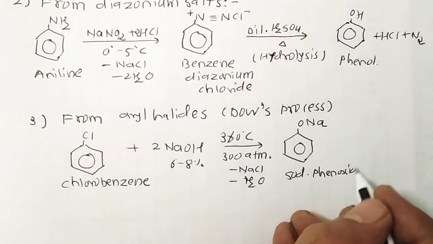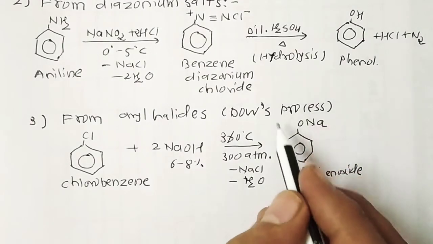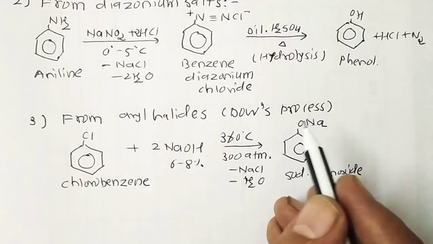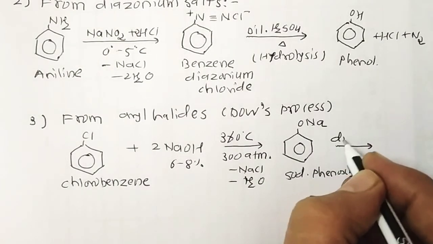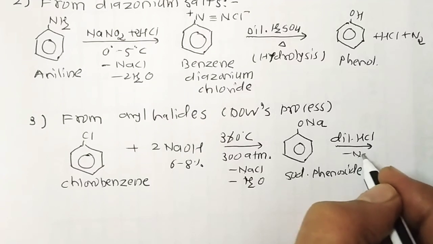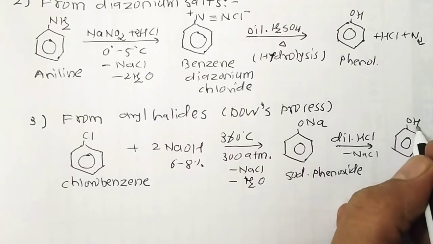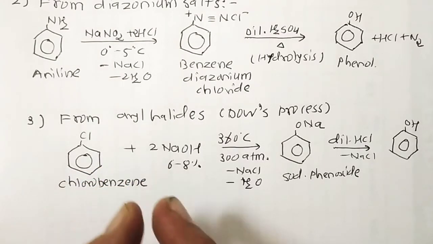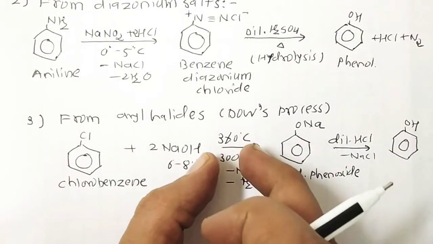And this sodium phenoxide is definitely basic in nature because phenol is a weak acid and NaOH is a strong base. So it's a salt of a weak acid and a strong base, so our salt is basic in nature. This basic salt can be neutralized with the help of dilute hydrochloric acid, so it gives phenol. Once again, phenol is obtained when chlorobenzene is heated with 6 to 8% NaOH solution at 360 degrees centigrade temperature and 300